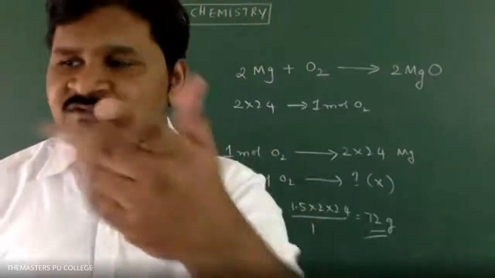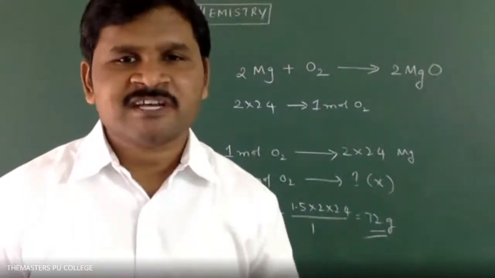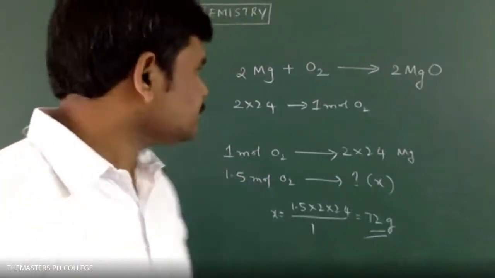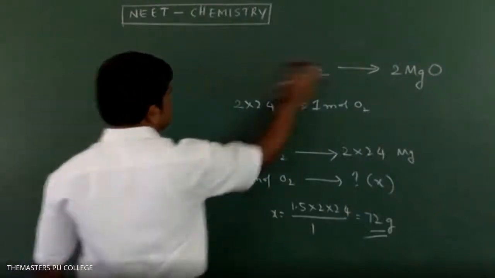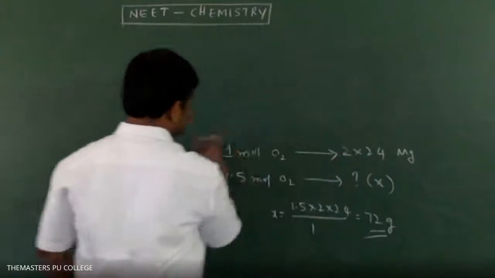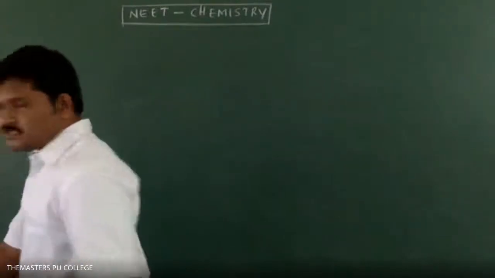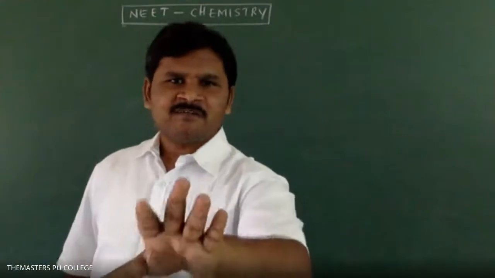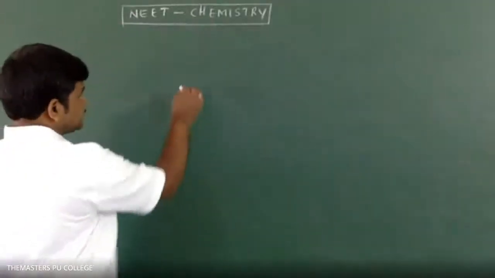H2O gives H2 plus O2. H2 plus O2 gives H2O, that is the reverse. H2O gives H2 plus O2. Now we balance. So here you are given kg, no problem. You take, according to the equation, water in kg, and oxygen is also in kg, no problem. You will get the same type of results.